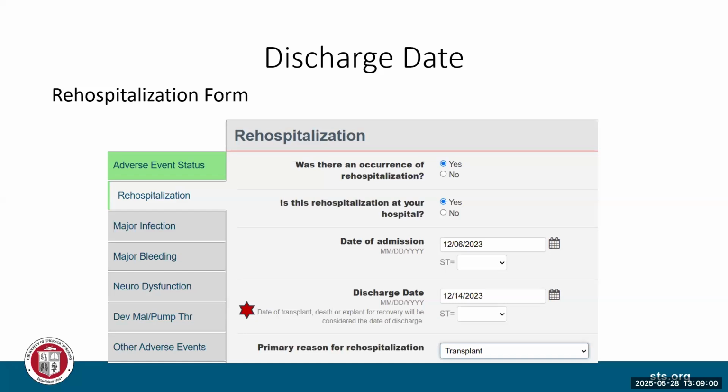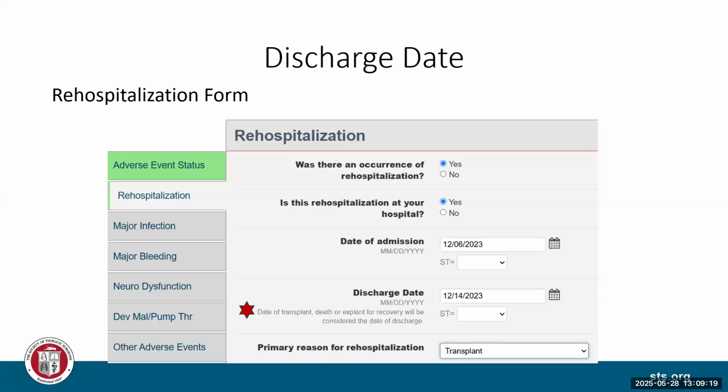I just wanted to remind everybody that the patient's time in Intermacs stops once the patient is transplanted, and so that is considered their discharge date or their discharge from Intermacs at that time.